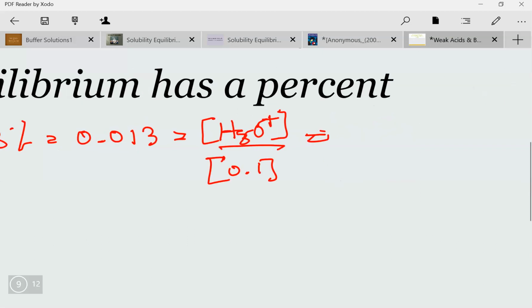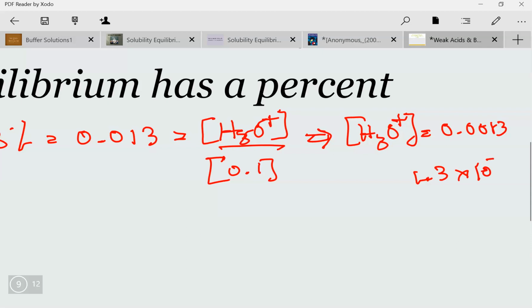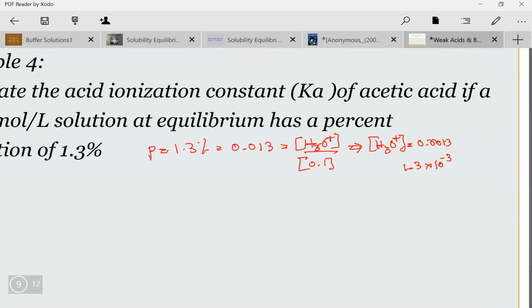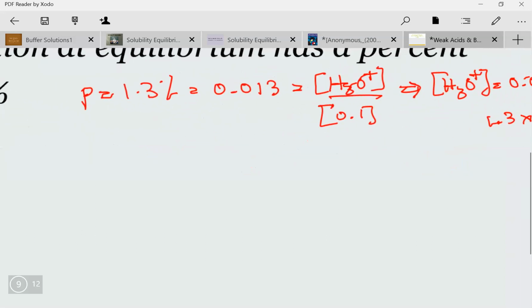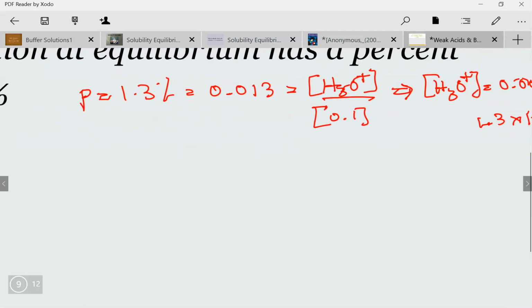So we get 0.0013, which is 1.3 times 10 to the power of negative 3. And then this is the same as my original question, because I know Ka